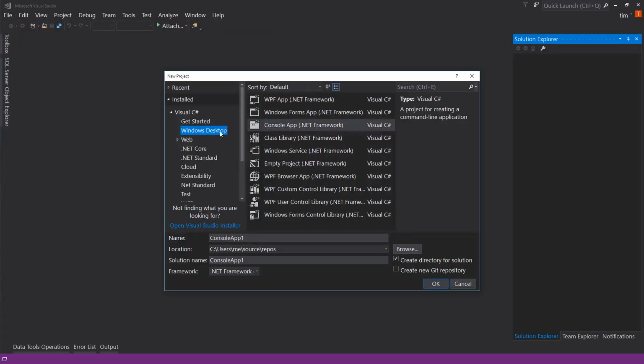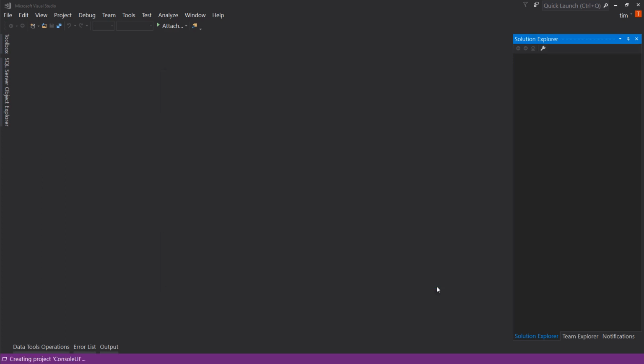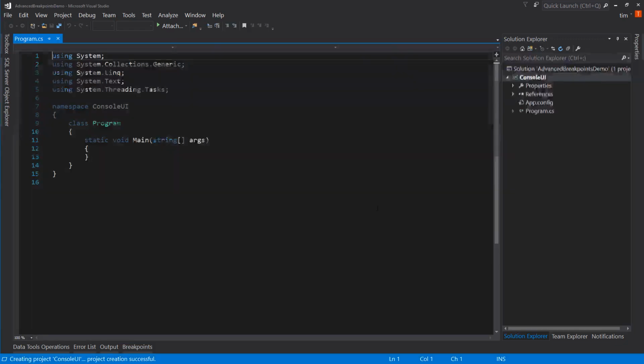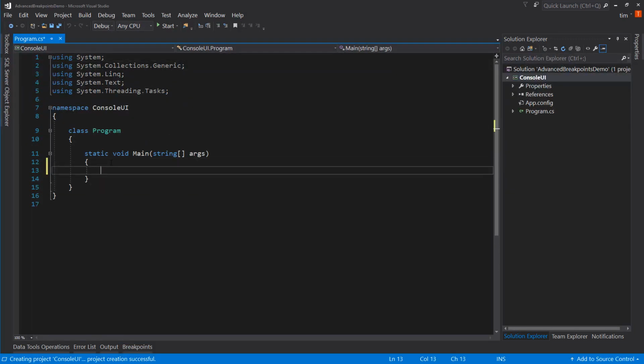So Windows Desktop, Console Application, Console UI, Advanced Breakpoints Demo. And let's put this in D:\demos. I hit OK. And when we're done here, we can say Console.ReadLine at the end. Now, you may not have caught that, and you may not have heard me say it earlier, but